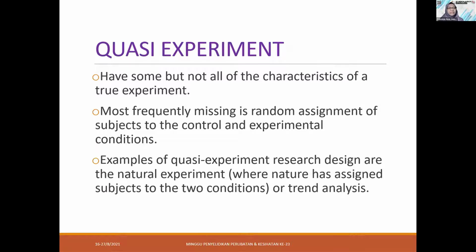In the quasi-experimental, it has some but not all of the characteristics of a true experiment. Most frequently missing is the random assignment of the subjects to the control and experimental conditions. Examples of quasi-experimental research design are the natural experiment, which uses a natural phenomenon where nature has assigned subjects to the two conditions, or a trend analysis. We are not really doing a particular experiment, but the assignment of the group actually depends on the natural environment or